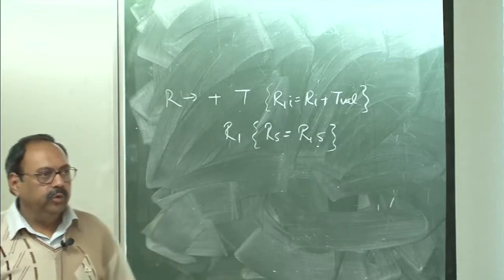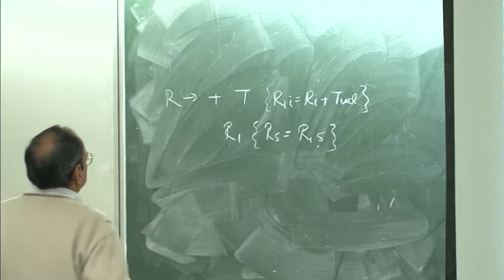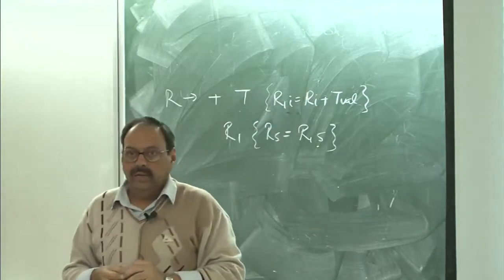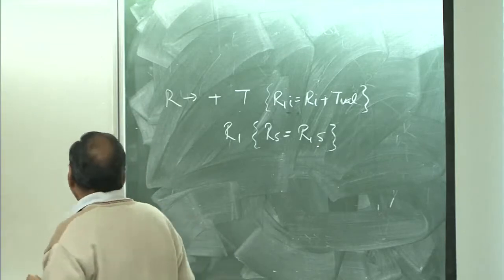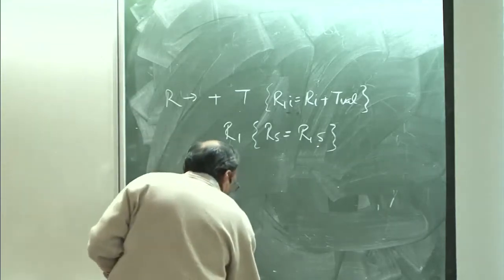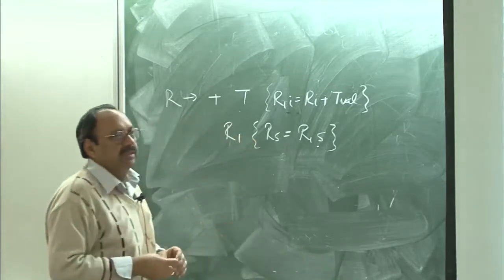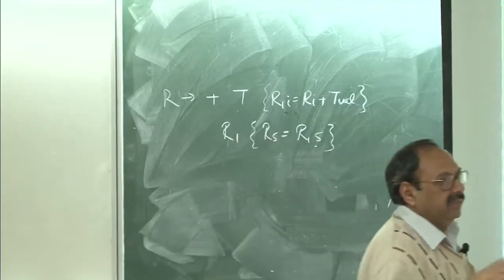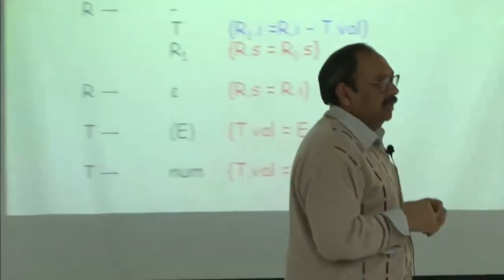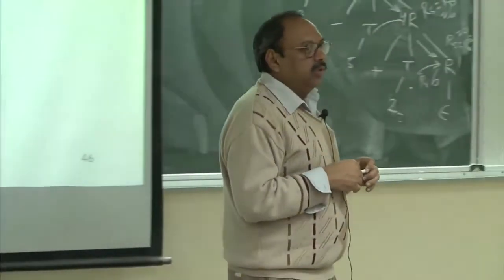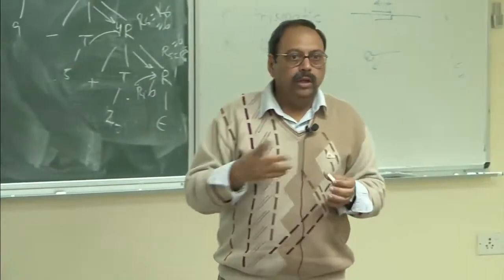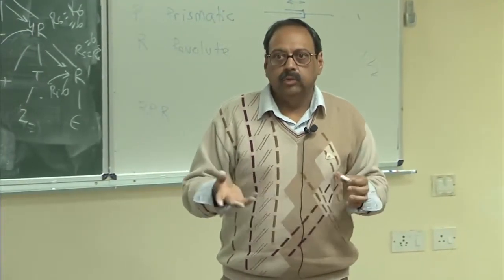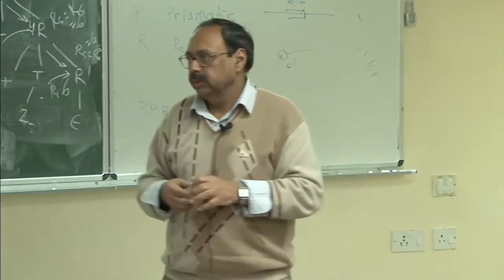And now I want to use a bottom up parser. The only problem with a bottom up parser is that I am dealing with inherited attributes and I do not know how to compute inherited attributes. So, can you think of a scheme to convert all L attributed definitions into S attributed definitions? We are looking at two kinds of transformation. I want to convert S attributed definitions into L attributed definitions when I am using a top down parser, and I want to convert all the L attributed definitions only into synthesized attributes if I am using a bottom up parser. So, what is the reverse transformation?